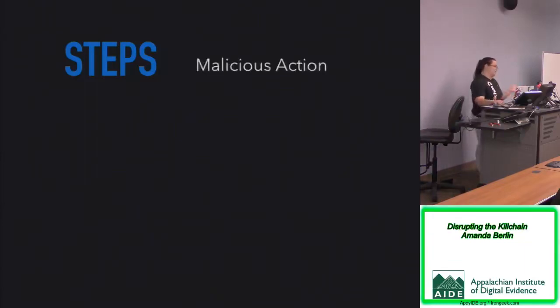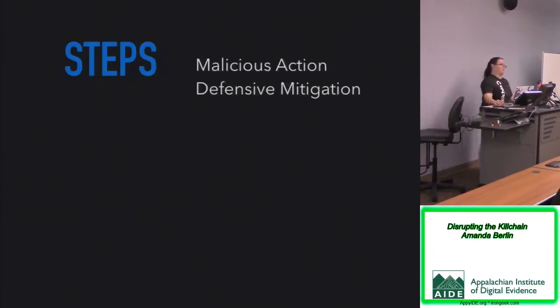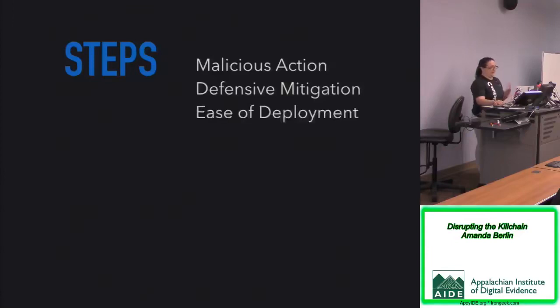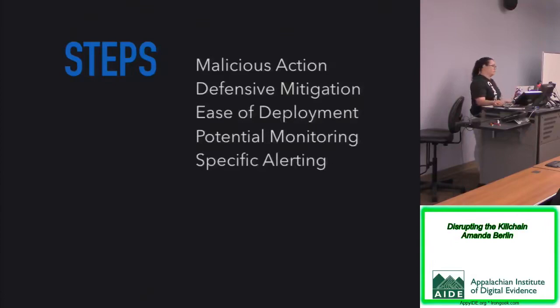Let's see here. So the malicious action, so what happens at each stage. What you can do is a defensive mitigation. A lot of times there aren't defensive mitigations that you can do, but there are other things that you can do, right? How easy it is to deploy those defensive mitigations, and then monitoring and specific alerting. The 3 things that I'm probably the best at are the defensive, the monitoring, and the alerting. It was harder for me to learn what happens at each stage of the attack, but that's why I have a bunch of red teamer friends, because they can actually tell me,